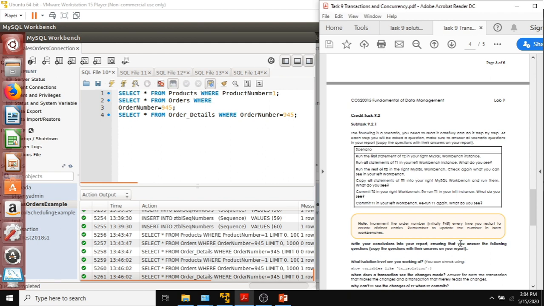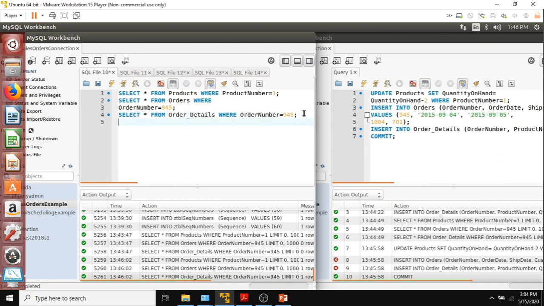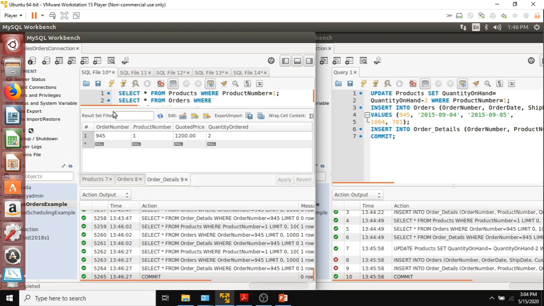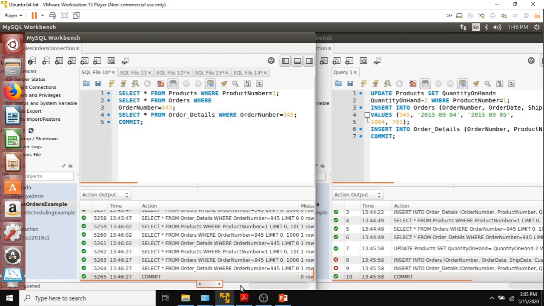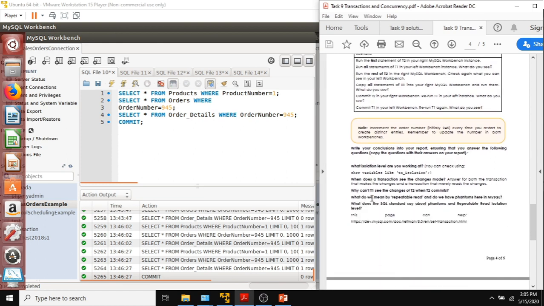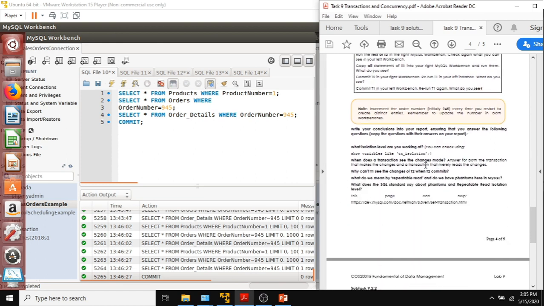And then commit T1 at the left and run T1 again. Commit. Okay, now,